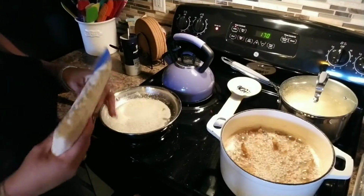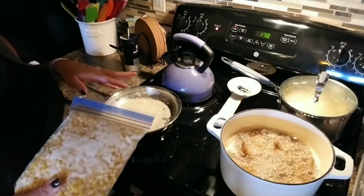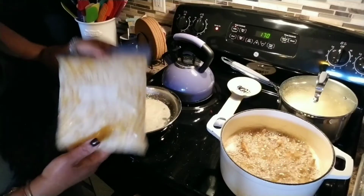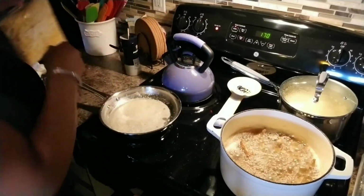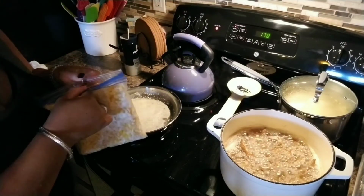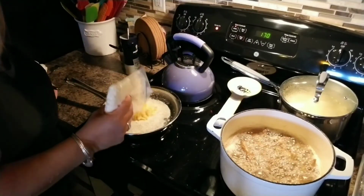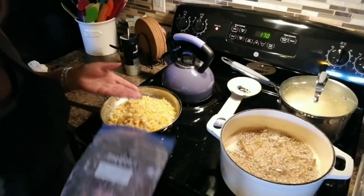And what I do, this is actually fresh corn off the cob. When they have corn on sale during the summer, I buy as much of it as I can. Cut it off the cob, stick it in the freezer bag. You got fresh corn for some months that you can have. Whether it's fried corn, in some soup, in some stew, there is nothing better than the taste of fresh corn. So I just take my corn, I add it to my pan,